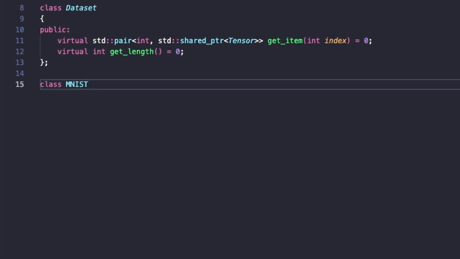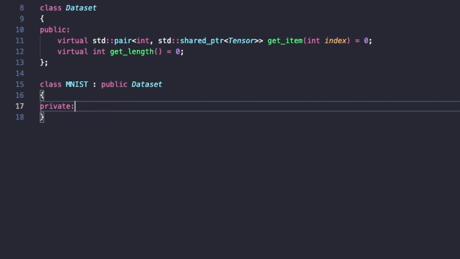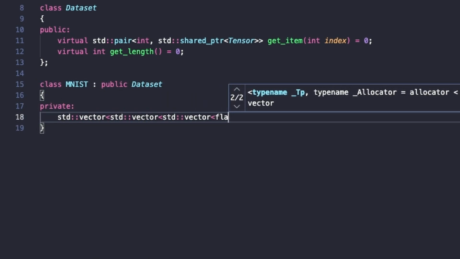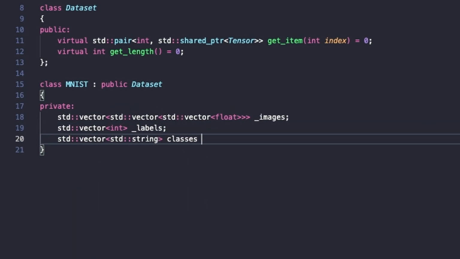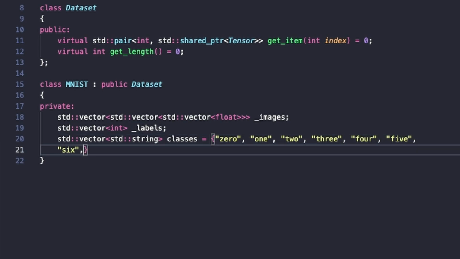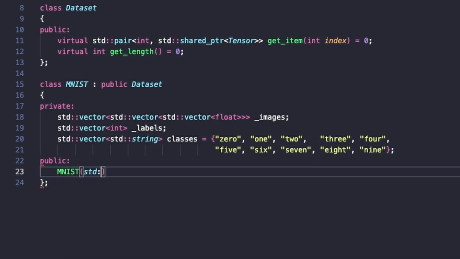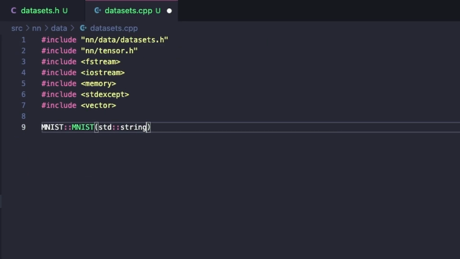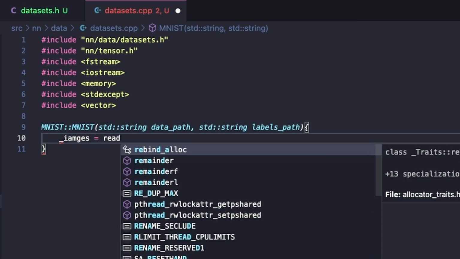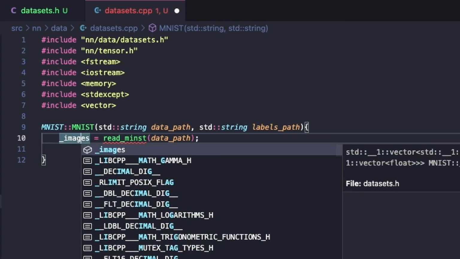Inspired by PyTorch, we can also define an MNIST dataset class inheriting from the base dataset class. This MNIST class will need private variables for holding the images and labels, which will be loaded from disk, and also has class variables which contain textual labels for the different classes. The constructor will take as input a path to the MNIST image data as well as a path to where the labels are stored. The constructor will just call both a readMNIST and readMNIST labels method and store the outputs